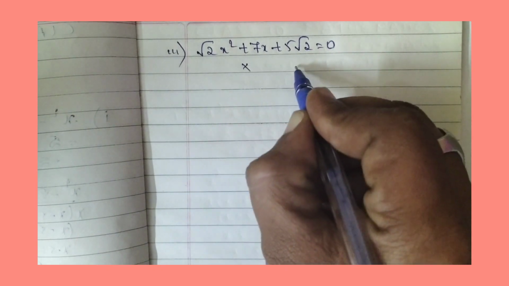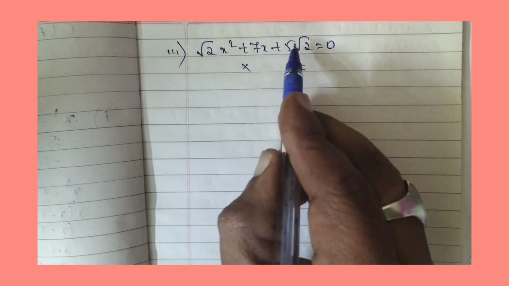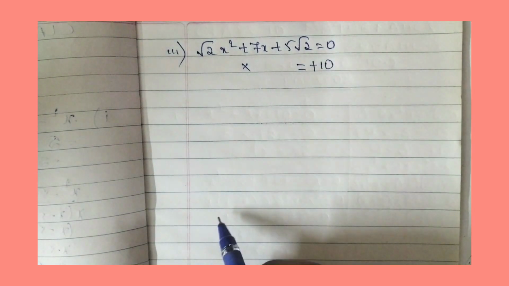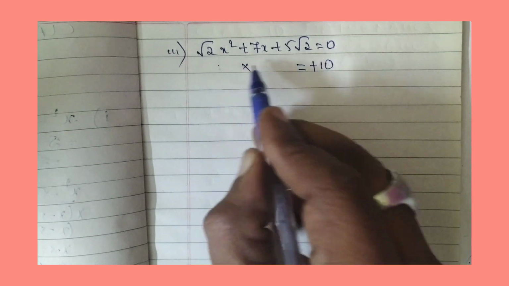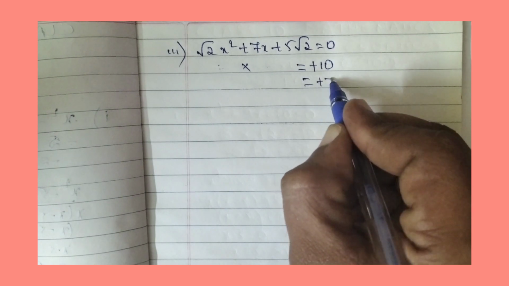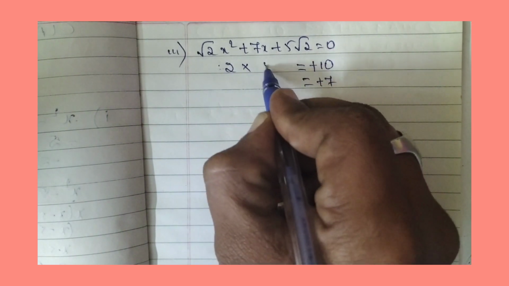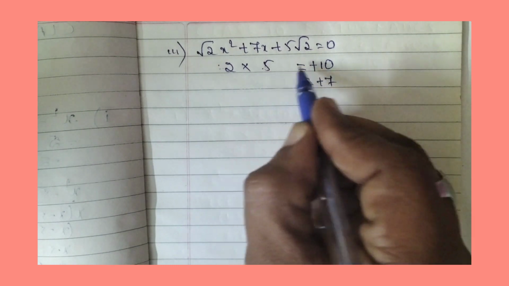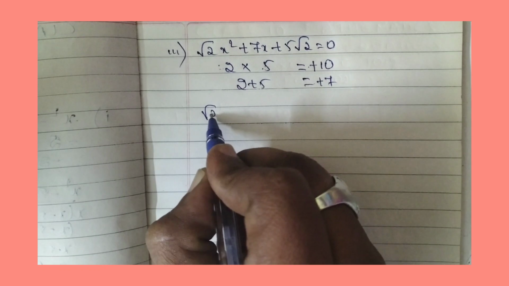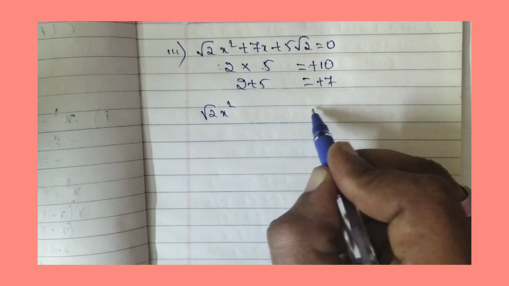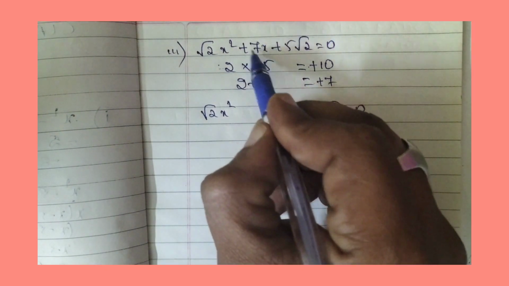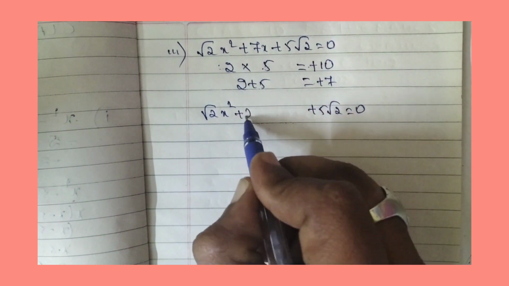If you multiply any two numbers, you have to get root 2 into 2, which is 2. 2 fives are 10. If you multiply, you have to get plus 10. If you add or subtract, you have to get plus 7. So one is 2, another one is 5. So 2 fives are 10. 2 plus 5 is 7. So root 2 x square as it is, plus 5 root 2 is equal to 0 also as it is. 7x can be written as plus 2x